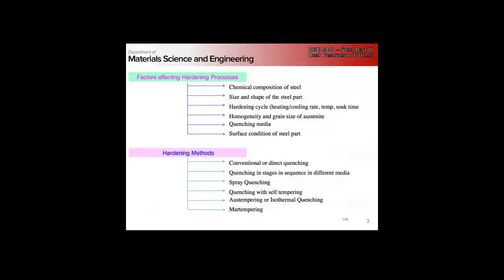The outside is going to cool at a very different rate than the inside, right? You probably saw this if you're in the metals lab, in your geometry bars, that the edges have a different structure than the center of the bars. But also the grain size of the austenite, what you quench, the surface conditions, all of these play into the hardening, and then the exact quenching methods play a huge